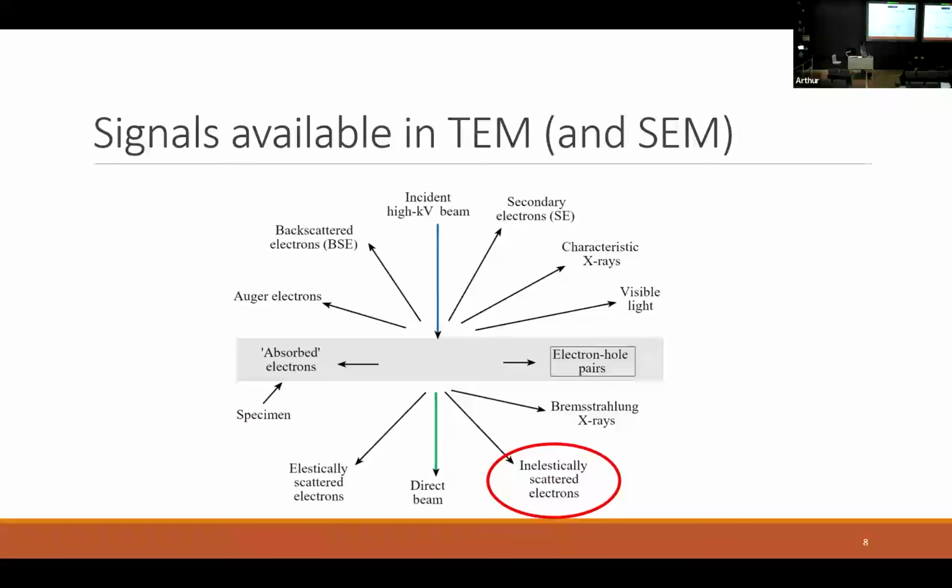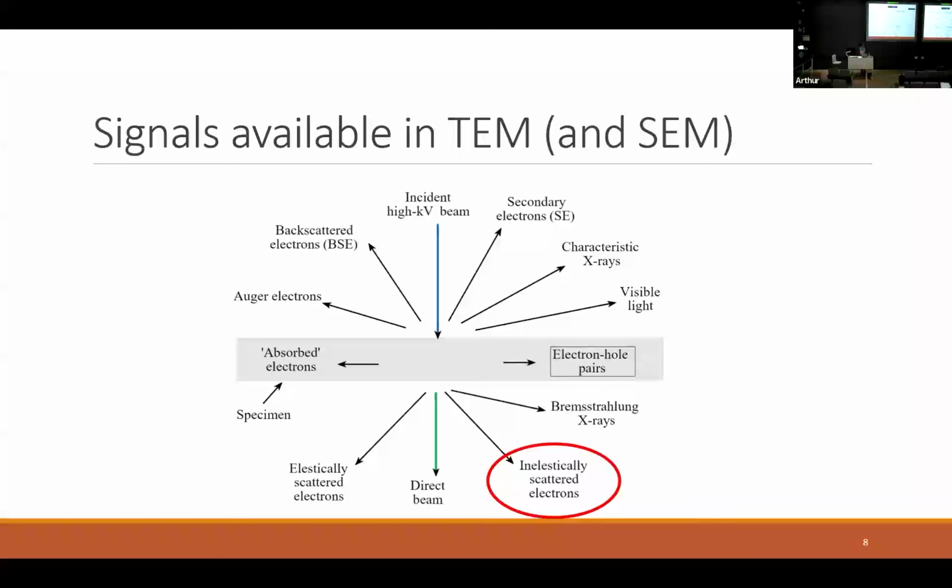So we have a variety of different signals we can collect in TEM and SEM. It's not just about getting pretty pictures. We can also collect other signals. So in an SEM, for example, you're going to be using secondary electrons, backscattered electrons, and those each have different information. For example, with backscattered electrons, you're going to be able to get more atomic number contrast than you will from standard secondary electrons. We can have X-rays coming off the sample.